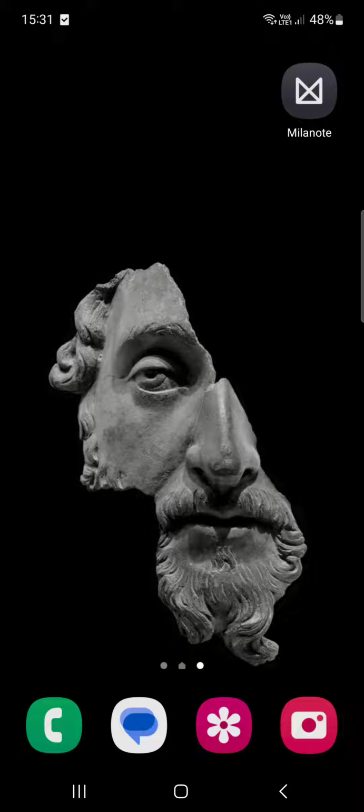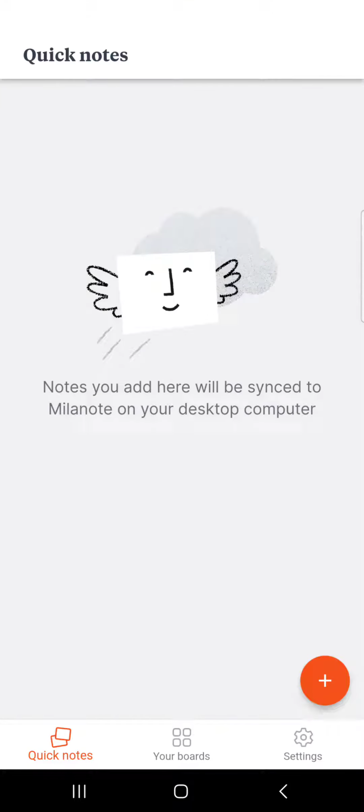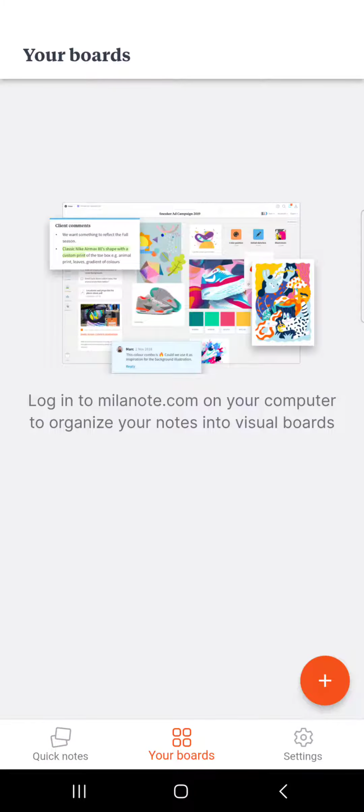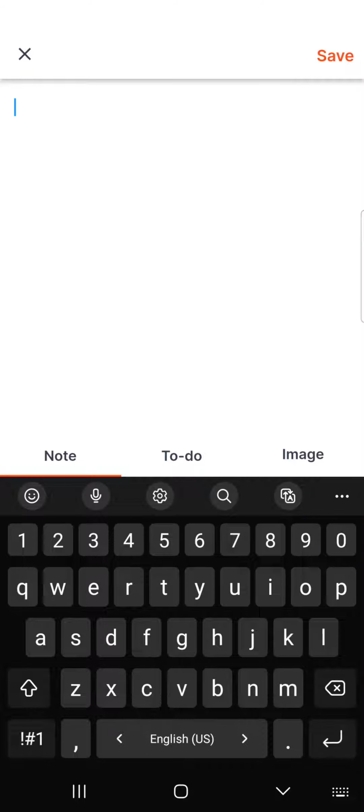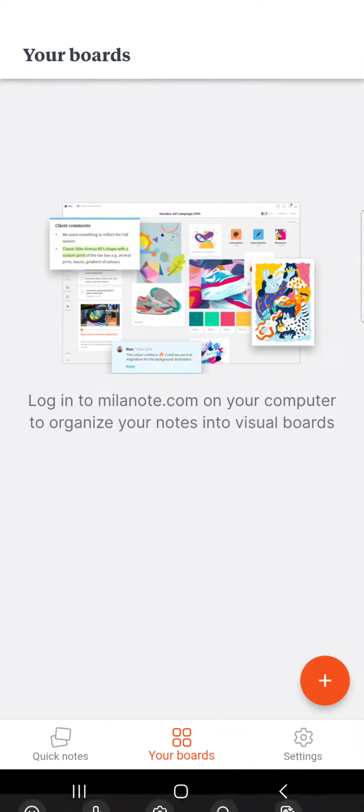First we have to open up the Milanote app, and here it usually opens up in the Quick Notes menu. We have to tap on Your Boards in the middle of the screen at the bottom. Here in the Your Boards menu, we can just tap on this little plus icon in the bottom of the screen, and then